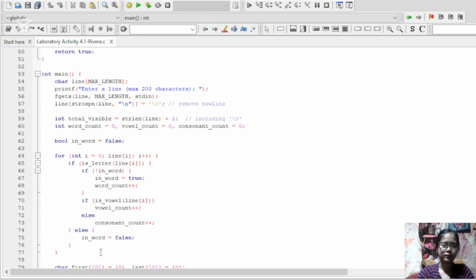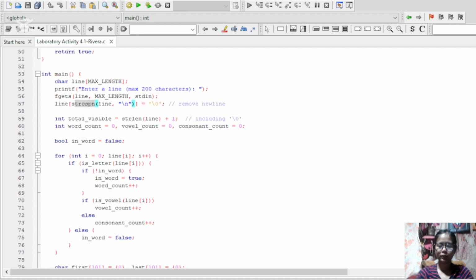We use fgets to read the line, then we remove the newline character so the line doesn't mess up our stats. This is the remove newline.